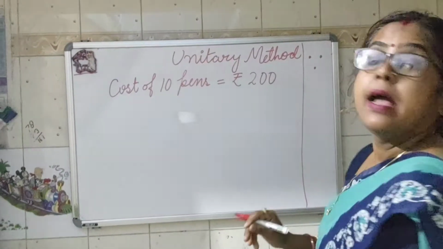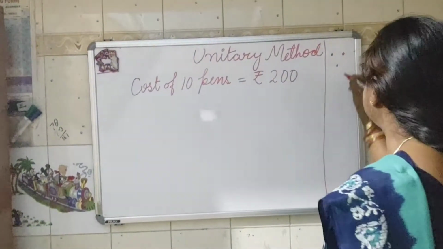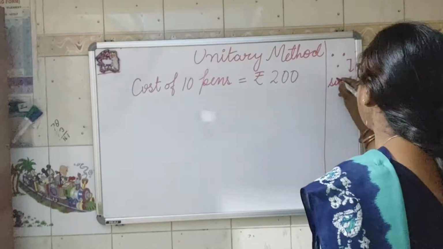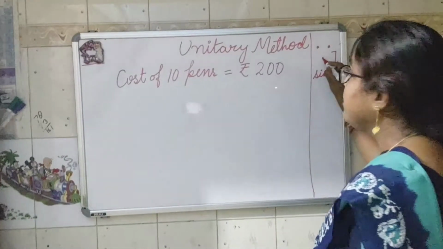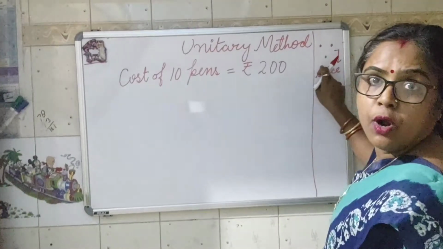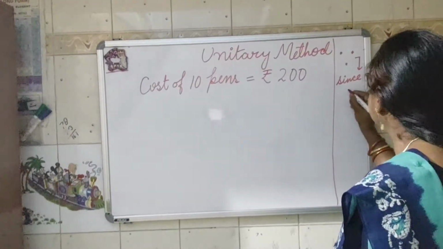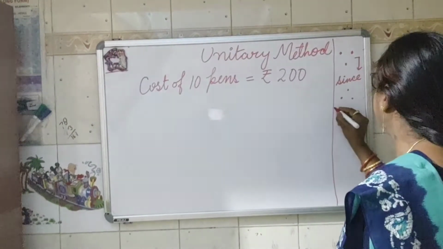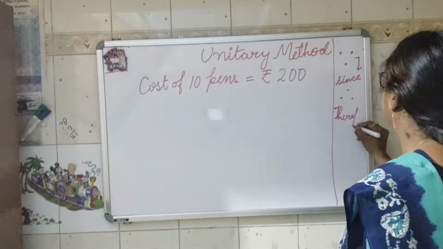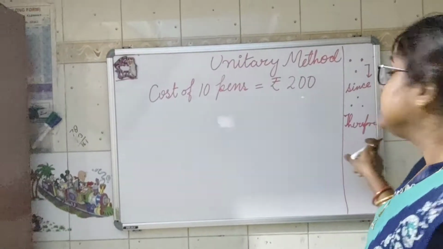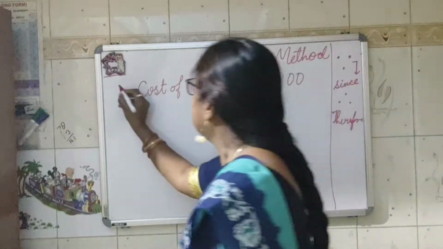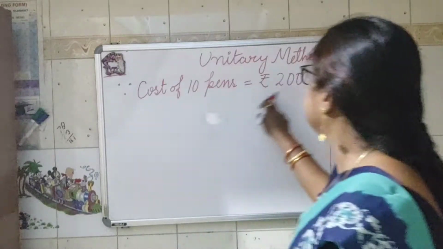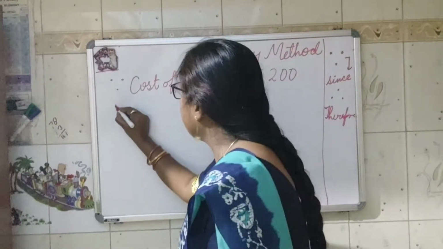This is the symbol of 'since'. What is it called? This is called 'since'. Two double dots followed by one single dot in between them is called 'since'. And one single dot followed by two double dots, just the reverse of this sign, is called 'therefore'. This is 'therefore' and this is 'since'. So we will write down here: since cost of 10 pens is rupees 200, therefore